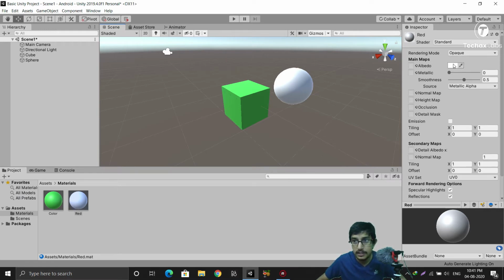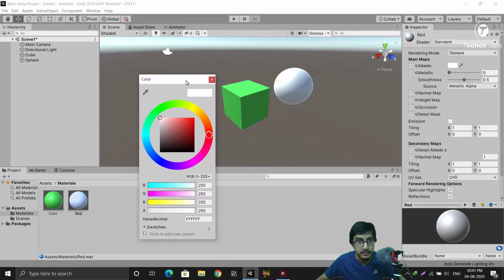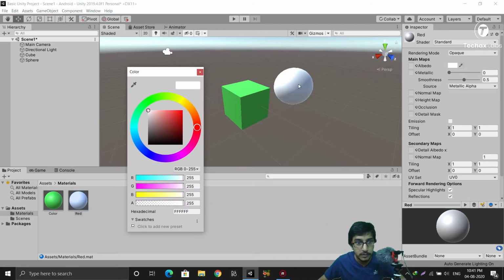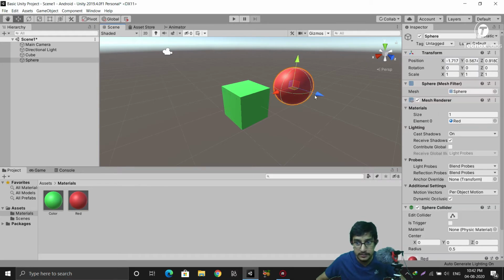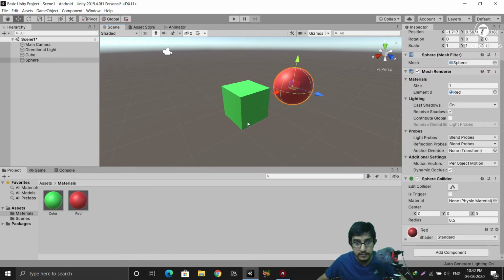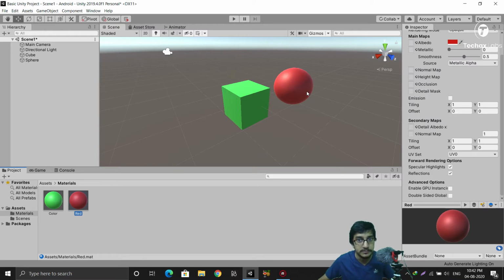and you can see it in the game object as well as the material both. To change the color, select this color box, and here you can see I am putting it between the game object and the material to see both the changes. Here you can see I am putting this to red, and the color of the sphere and the color of the material both are changing simultaneously, because this is the material that we have used for the sphere. So if we change from the material of the sphere from here, or if we change it from here, both are the same thing.